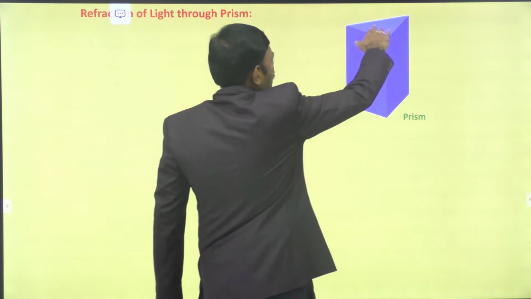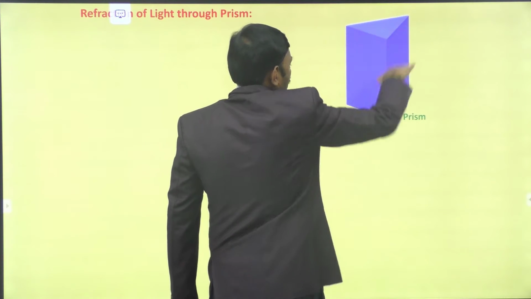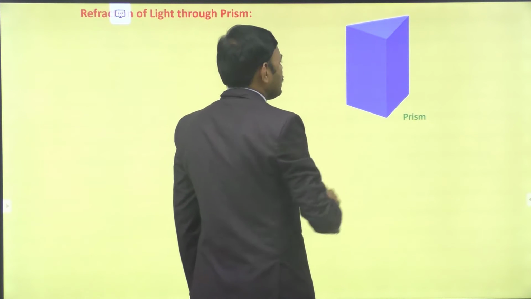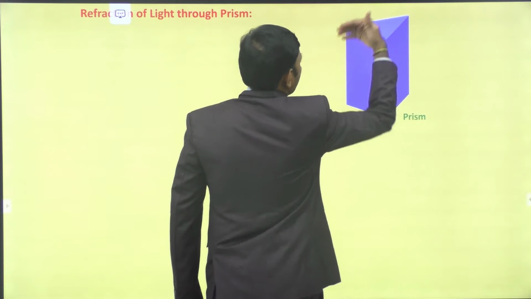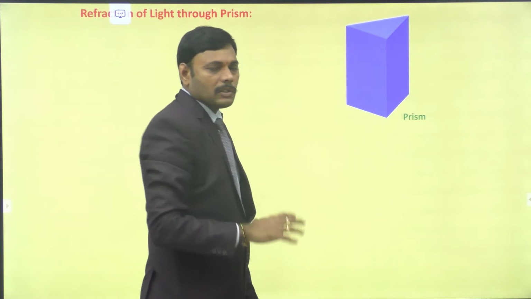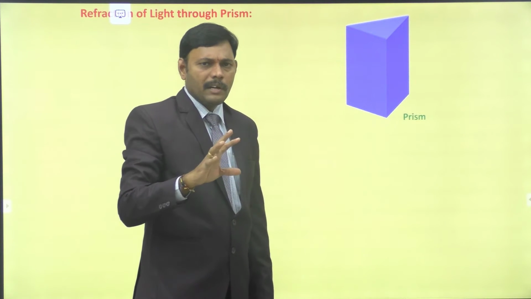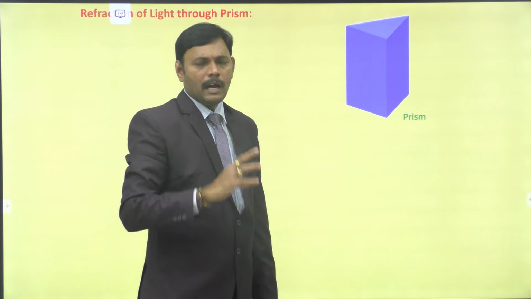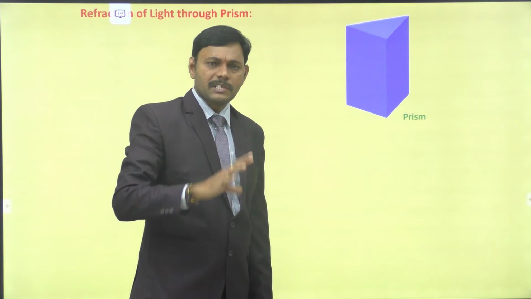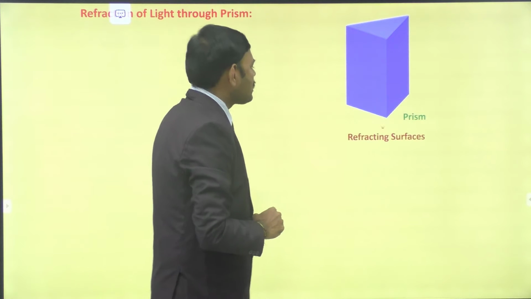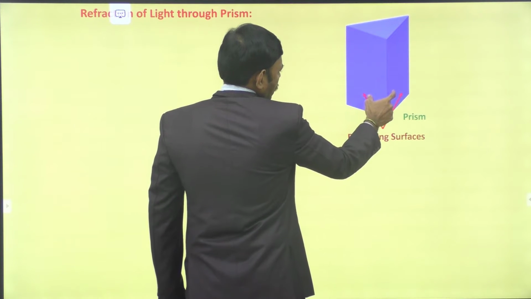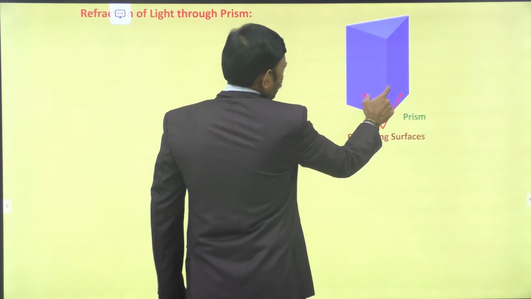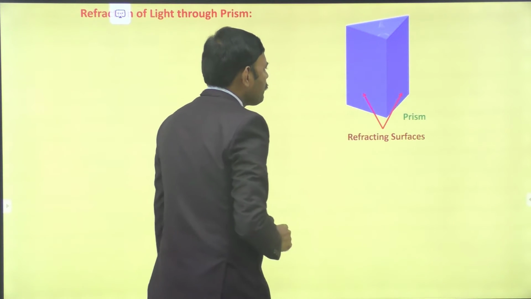Here you are observing this is the top boundary and bottom boundary, and these two are the refracting boundaries, and behind it there is a flat boundary. So there are so many boundaries. A transparent medium under several boundaries is considered a prism. In this prism, these two are the refracting surfaces. These two shown are the refracting surfaces of the prism.